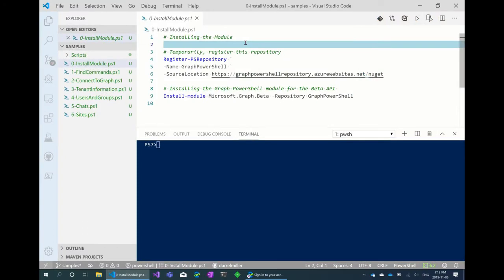So I'm in VS Code here, and I found they had a very nice little scheme that makes it look like the ISE PowerShell environment. And first things first, well, how do you get this? At the moment, these